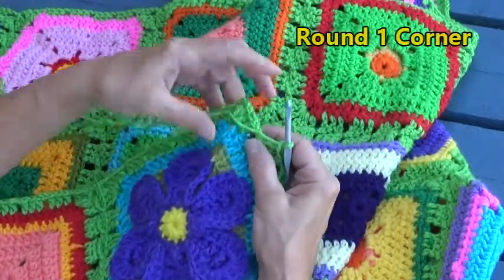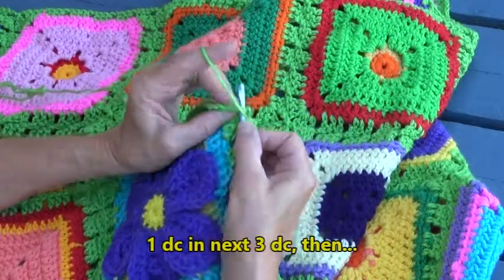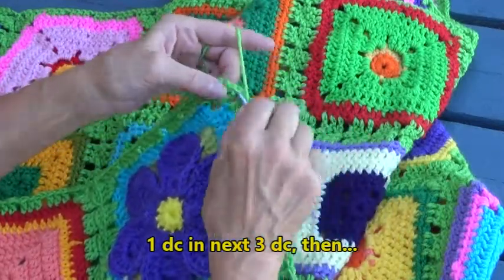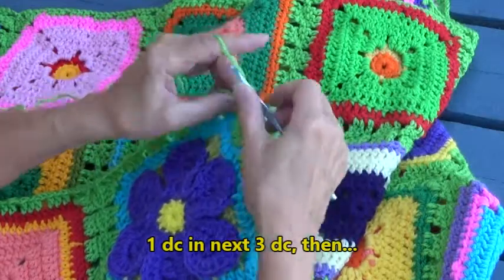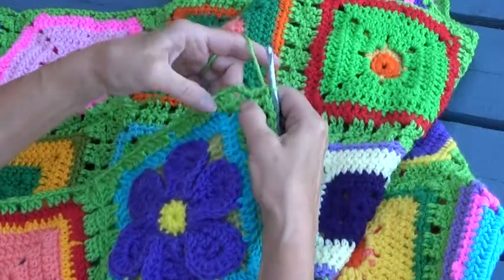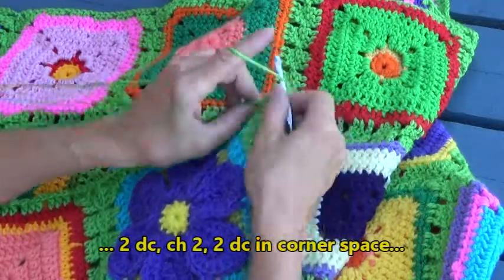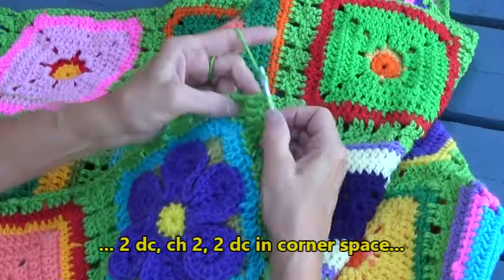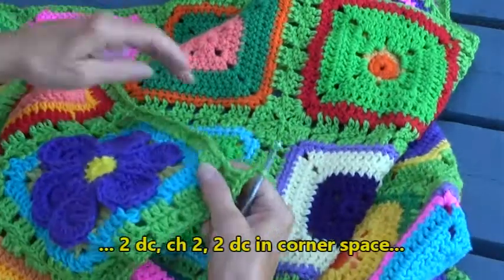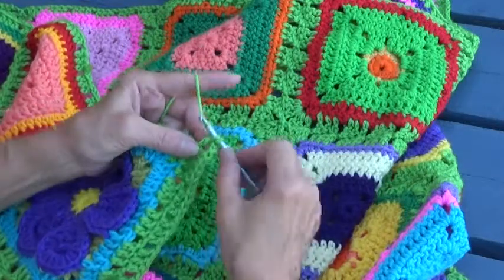Now we're working into the last block of the side. So we're going to work 1 double crochet in the first double crochet, 1 double crochet in the second double crochet, another in the third double crochet. So it's just like we did a block, but in the corner we're going to work 2 double crochets, chain 2, turn the corner,